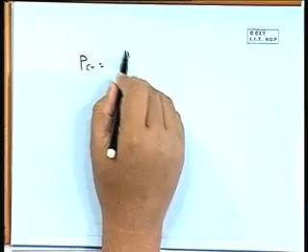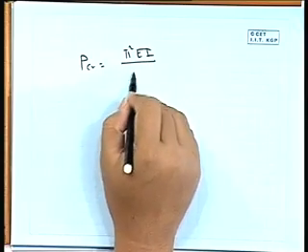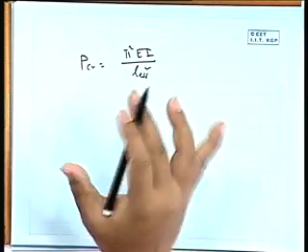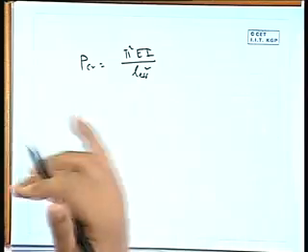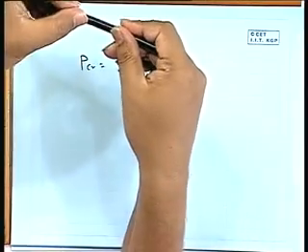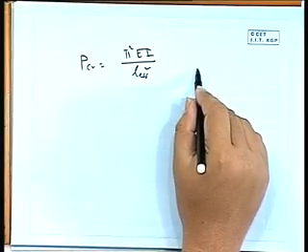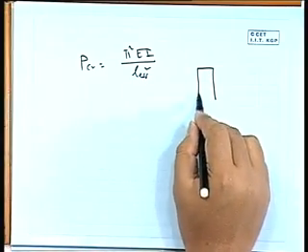Now before finishing today, the buckling part is: P critical equals pi square EI by L effective square. Now here we are not talking about direction, this way or that way. So it may deflect like this, it may deflect like that, it may deflect in a different manner. Now it depends on the cross section. Say if it is a rectangular section,